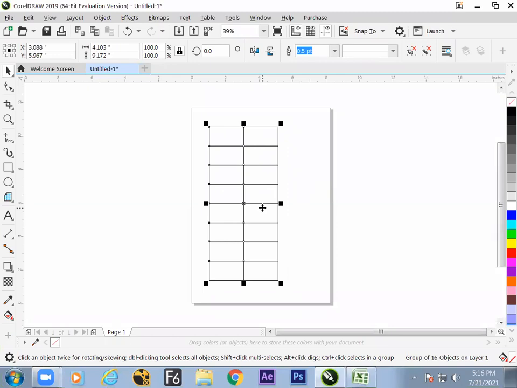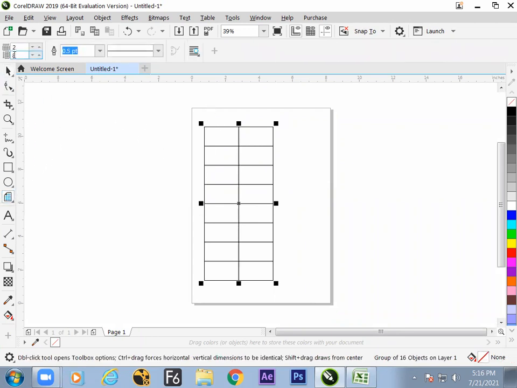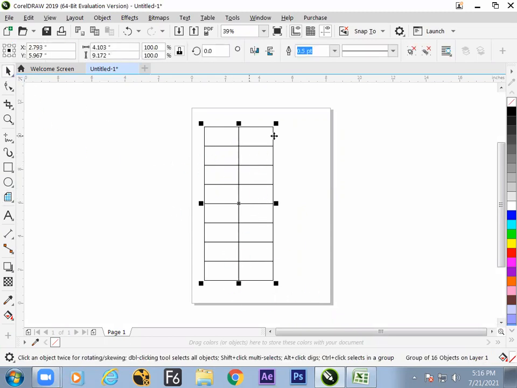Now we are into the grid tool, the graph tool. Inside the graph, we mention how many rows and columns are to be made on the top left corner. So first the columns and then the rows, 8 rows are there. And the beauty is that it looks like lines, but it is not a line. These are boxes, and these boxes are in a group.